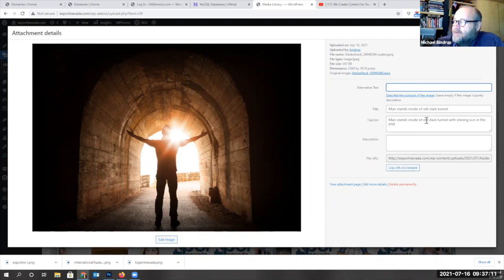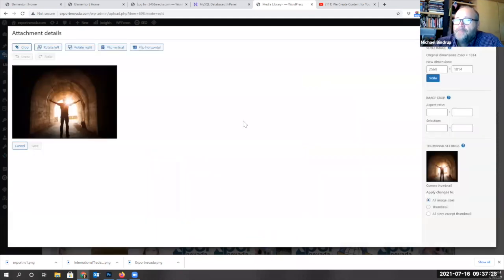Man stands inside of old dark tunnel with the shining sun in the end. That's the caption, like below the photo that's typically there. And a description and all the stuff you need for the photo. It also tells the dimensions and the file size. And I can do stuff to it too, like I can edit the image inside of here,